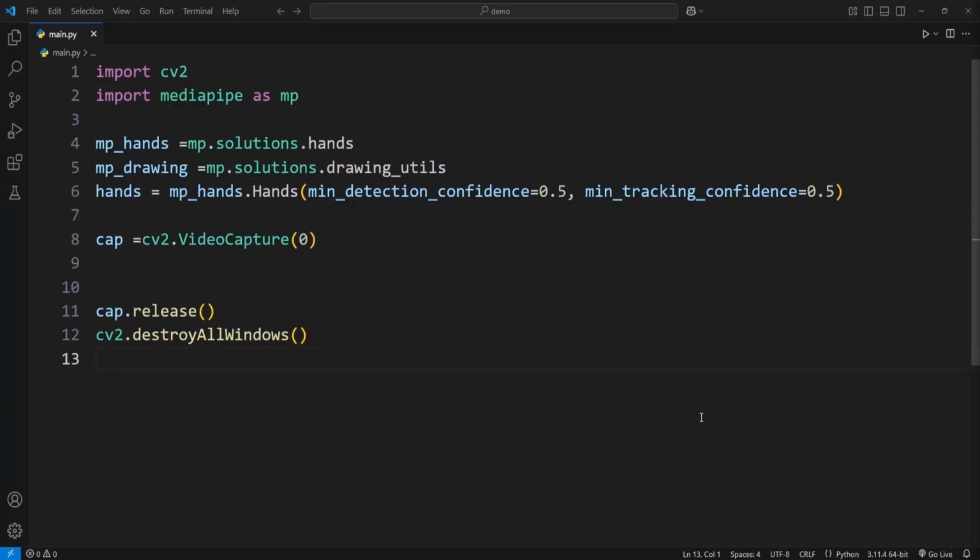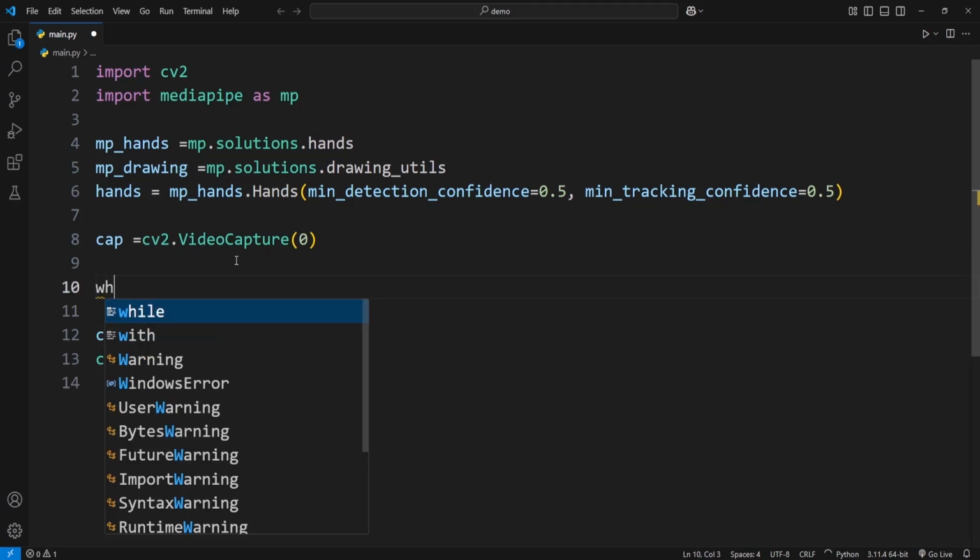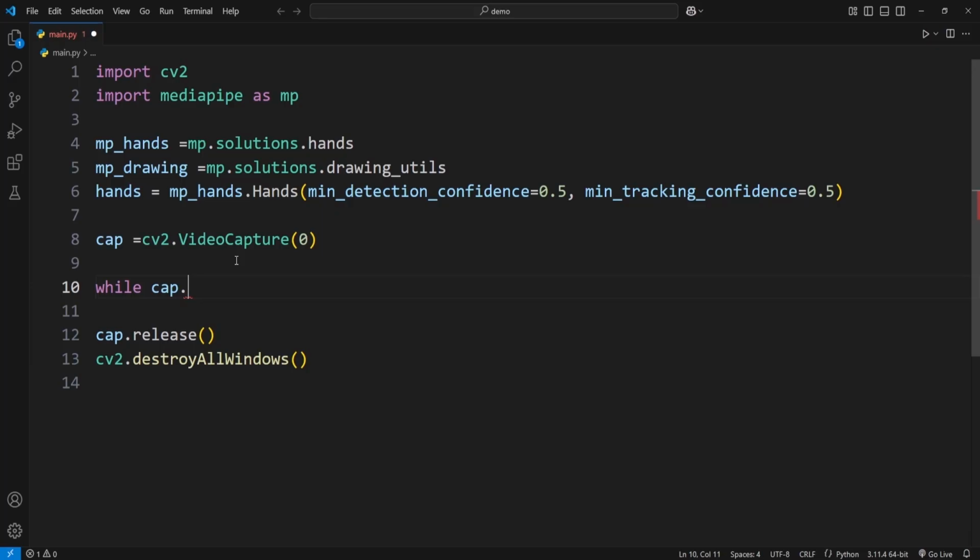Good to see you back, guys. This is the second part of this tutorial. In our previous part, we initialized the hand module from MediaPipe. And in this tutorial, first, we are going to process the video frame using a while loop. So after capturing the frame, I'm going to use a while loop: while cap.isOpened(),